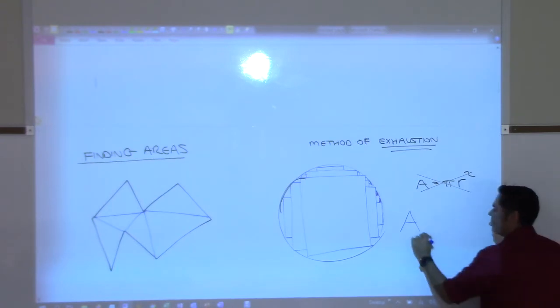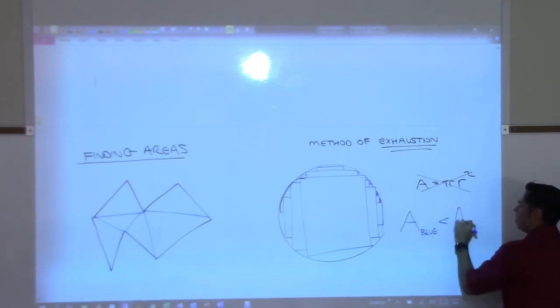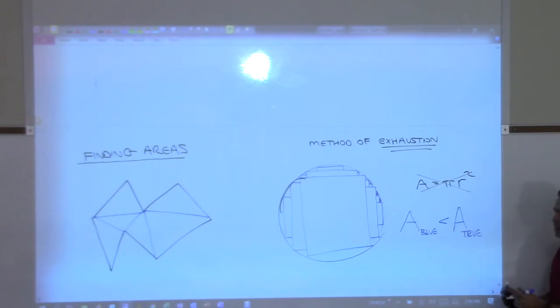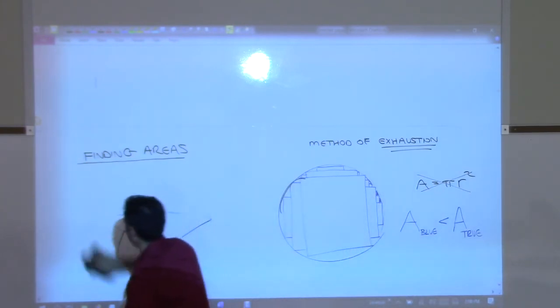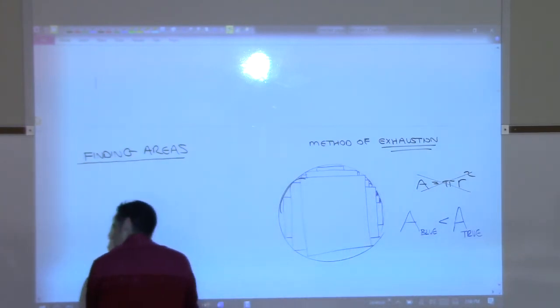So here's what we could say. The area of the blue is actually less than the area of the true circle. Agreed? All right, so they would say, all right, we have an estimate, but it's a little smaller than the actual area. So then what they would do is they'd say, all right, well, let's take,